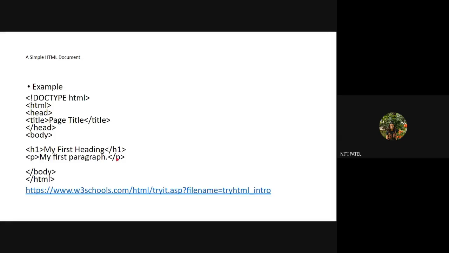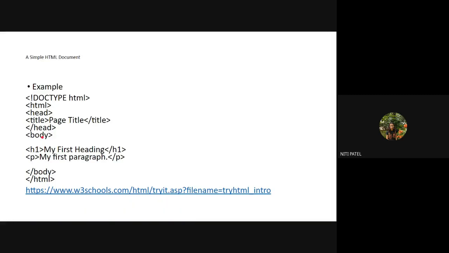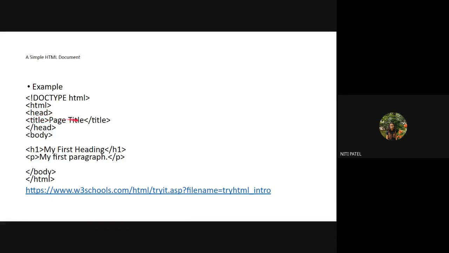So कोई भी element ले लो, हर एक element को open tag होता है, that is start tag. कुछ contents होता है और एक close tag होता है, end tag होता है. So let us say HTML. HTML is an element. It has a start tag, some contents and then a close tag. Let us take an example of a body element. Body element has a start tag, some contents and an end tag. Again, take an example of a head element. Head element has a start tag, content and then a close tag. Take an example of title. Title has a start tag, some contents and a close tag.